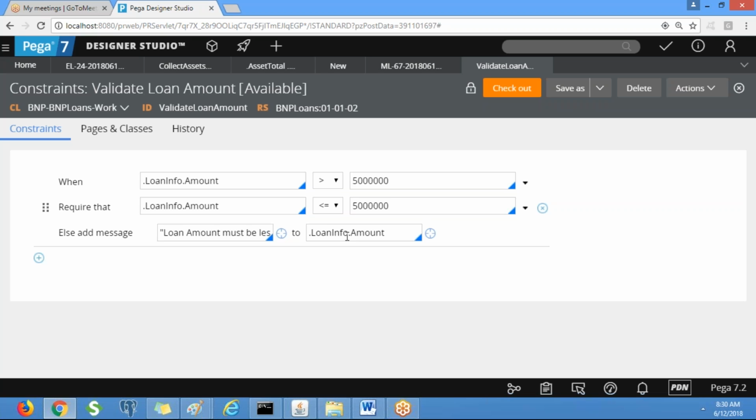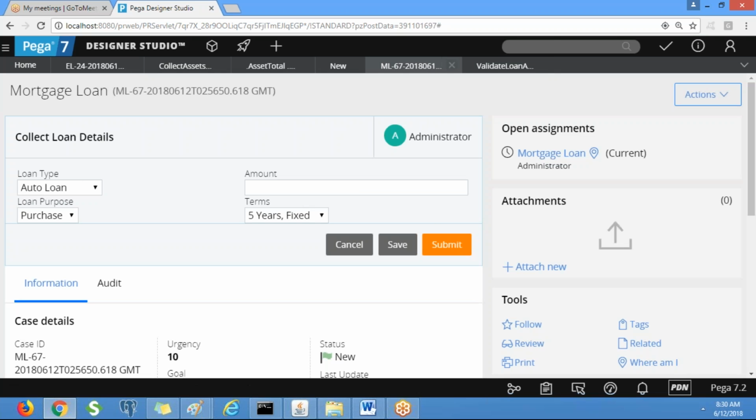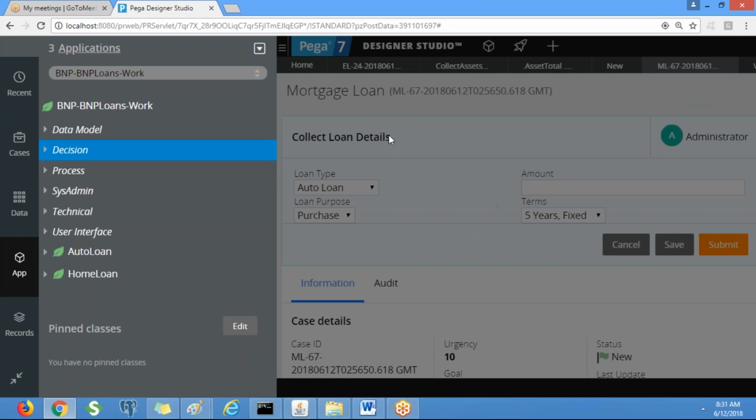Okay, now, so we created this rule. So whenever this property value changes, this is going to be executed. So we don't need to invoke anywhere because it is a declarative rule. Okay. So now here we need to do some refresh condition. Okay, so go to the amount, the screen,